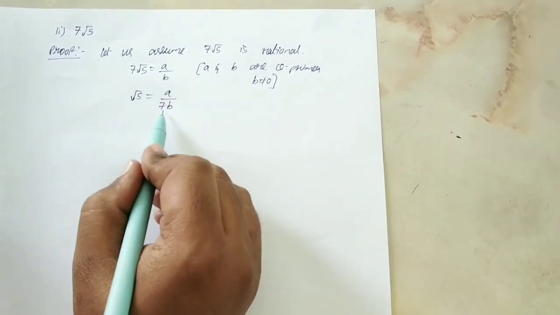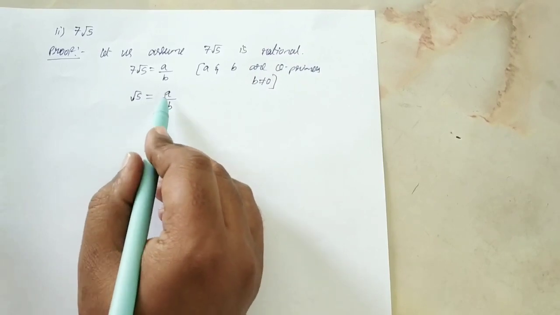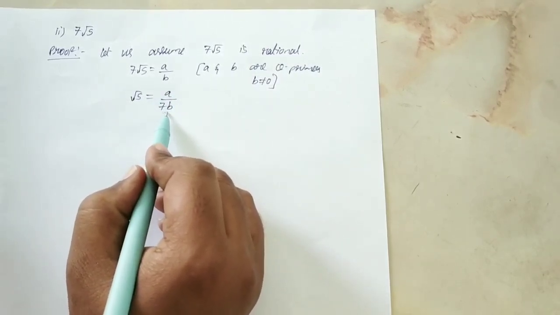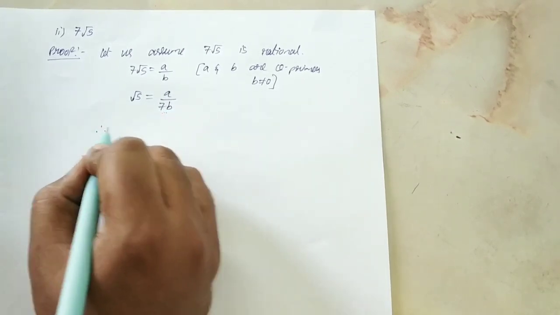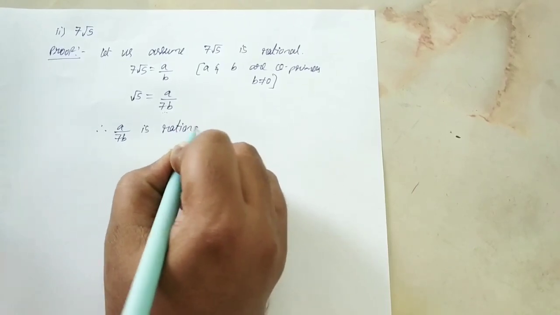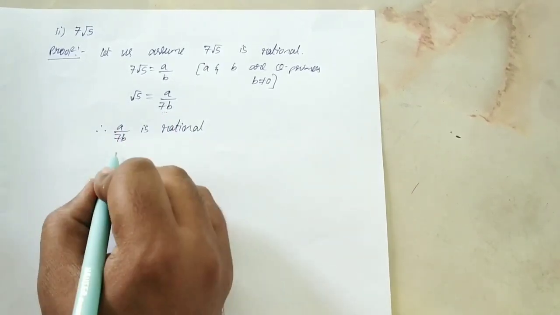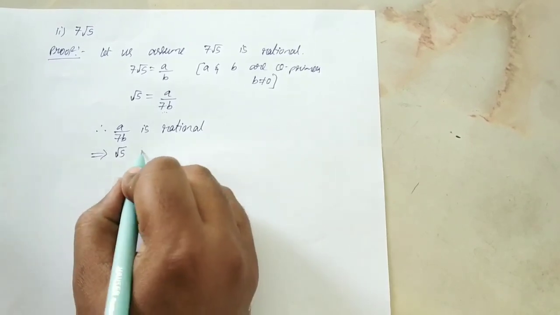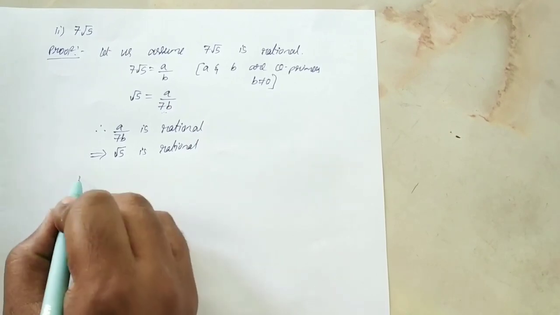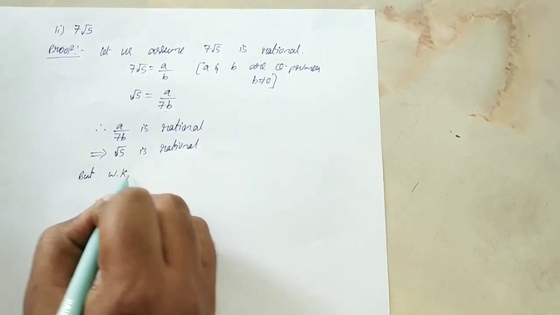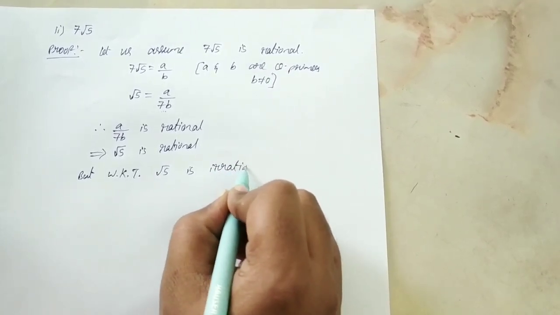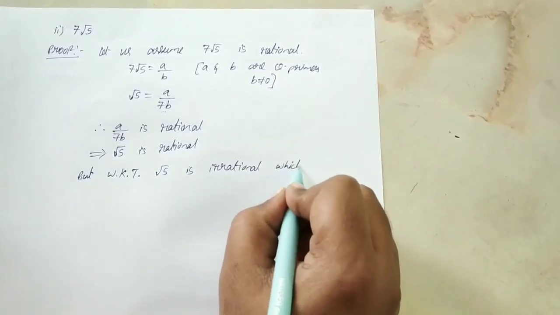7 goes to the denominator, then it will become a by 7b. So it is in the form of a fraction, right? Nothing but a by b form. Then this can be considered as rational. Therefore a by 7b is rational. If RHS is rational, then LHS should be also rational. So that implies root 5 is rational. But we know that root 5 is irrational, right? But we know that root 5 is irrational, which is